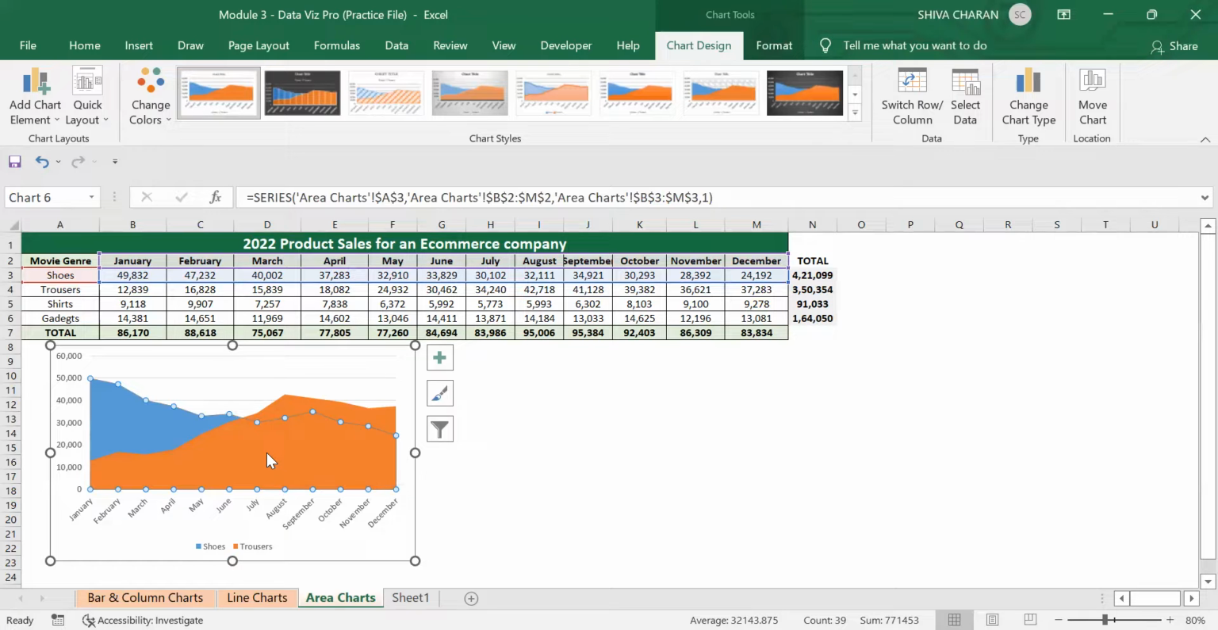So whenever you have two or more elements, then we need to choose the stacked area chart, right? So now if I select all these things till here, and so let me select all these things, then you can see now the chart has become even more complex